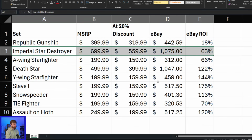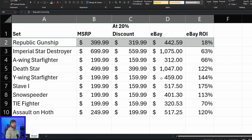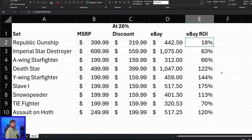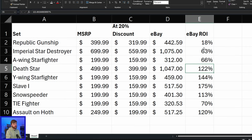Imperial Star Destroyer just retired over a year ago and is now selling for $1,075 on eBay, for a 63% return on investment. And the most recent set to retire is the Republic Gunship, and on eBay currently selling for $442, which is just a little above MSRP. I definitely want to wait longer for this, but you are at about an 18% return if you manage to get a discount on this set of 20%. And if you do buy your Lego sets for full MSRP, you could redo this calculation, but this one definitely is not going to be profitable,